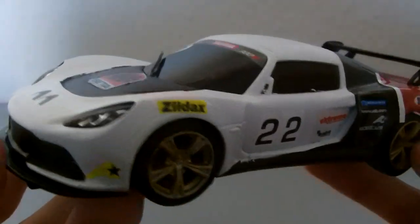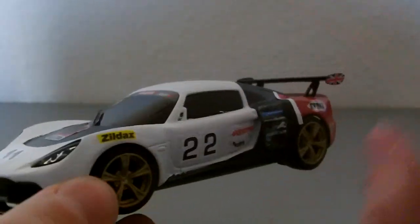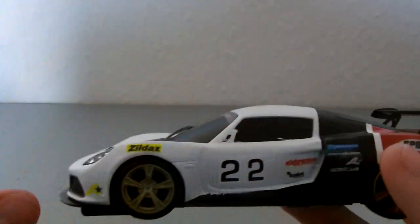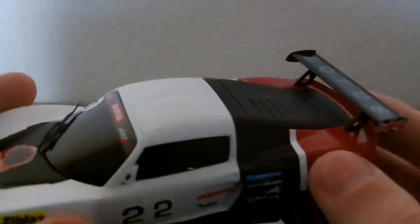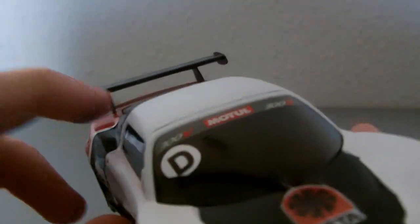Basically what I've done is take the number 7 Lotus Exige, rub it all down, spray it white, and then spray red, then the black. And obviously you need to put some tape on it as well. Those little white stripes are tape too, they're not paint or anything. I've not got the patience to try and do that. I've got this white sort of edging tape, and I just cut it to the size I needed